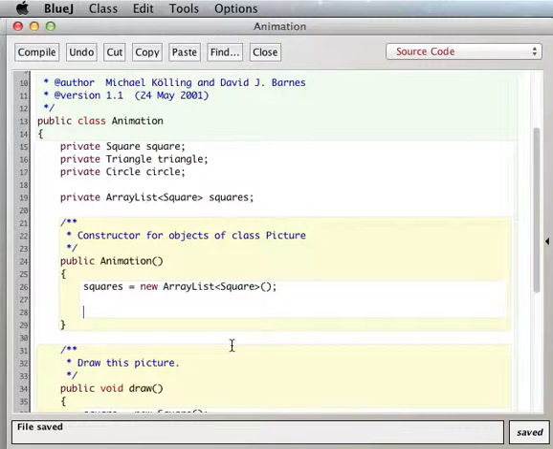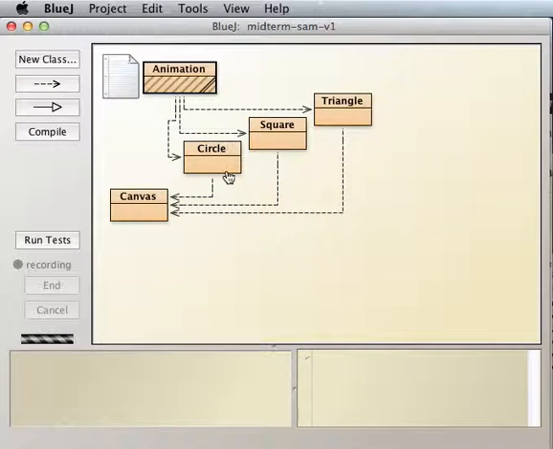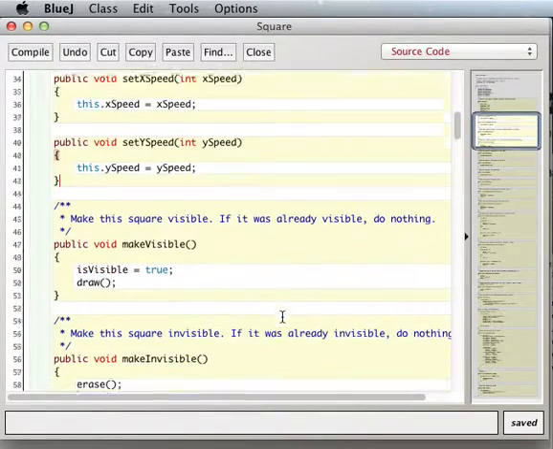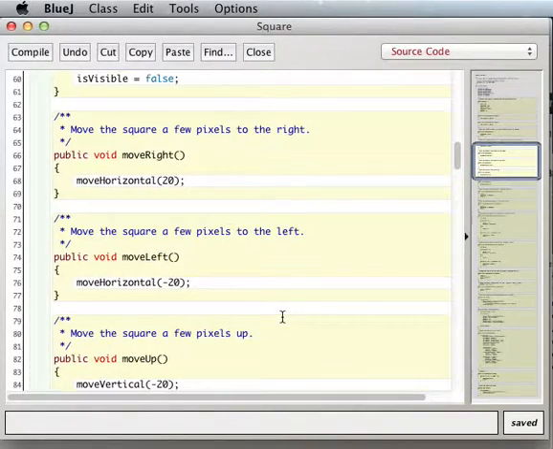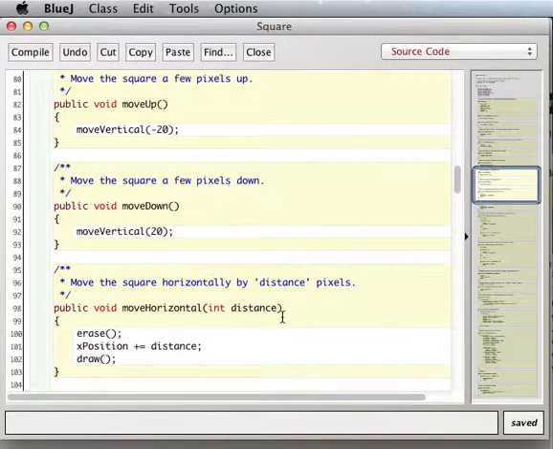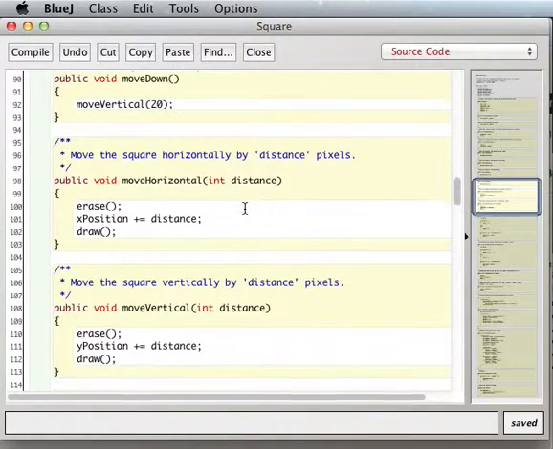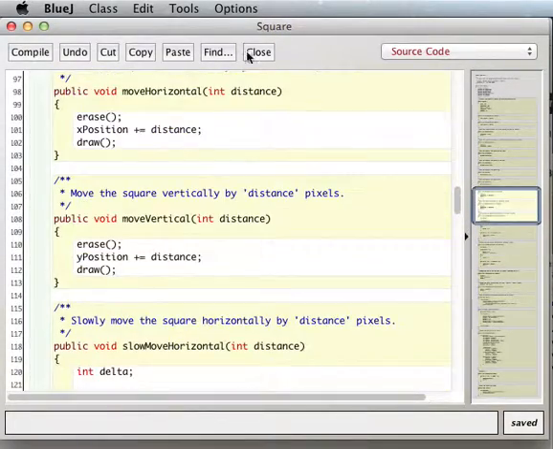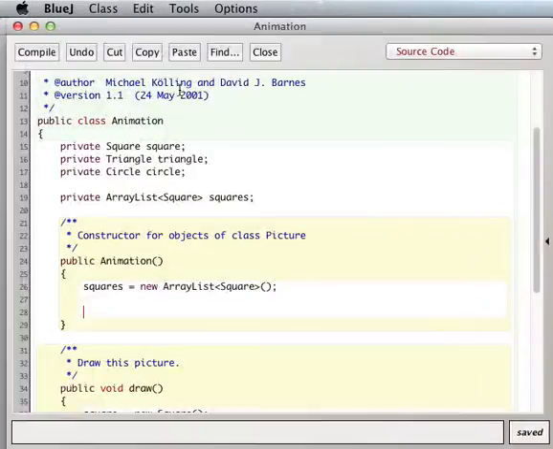So then what we need to do in here is to set their position. We already have, we could just use move horizontal and move vertical, right? To just set them different distances. So to do that initial part, to set things up, we're going to need to